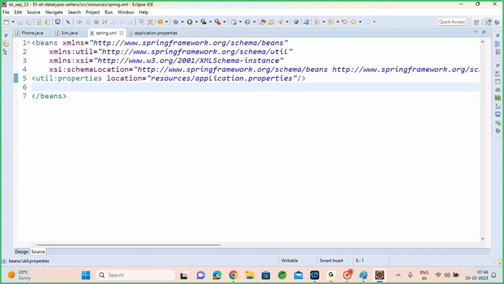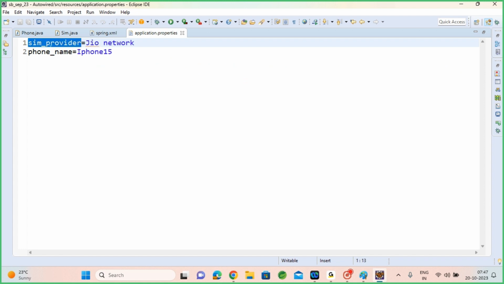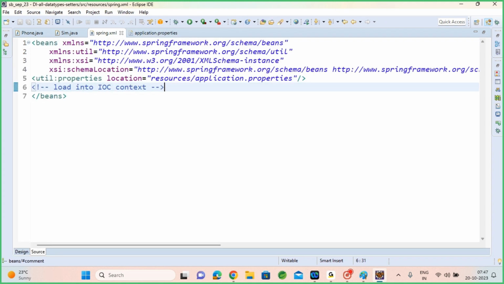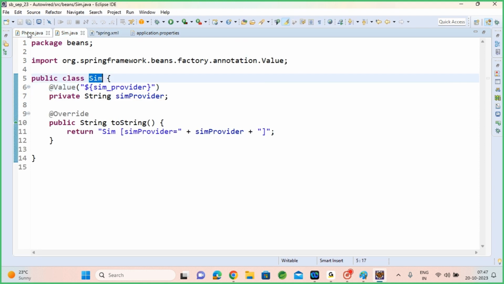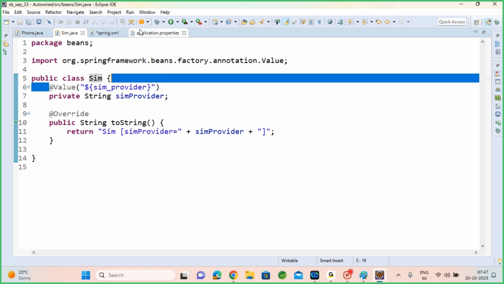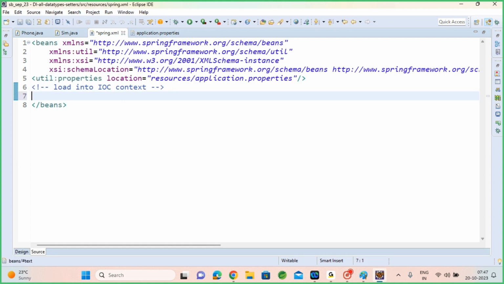Where will it load as soon as you use it? Properties will load into the IOC context. Context is nothing but memory. Into IOC memory, all your properties will be loaded. It will remember now onwards the SIM provider value and phone name. Both it will remember. If you want to inject them somewhere into SIM or phone, as you are using the @Value annotation directly, it will automatically inject them. So just to create the SIM object here, bean class